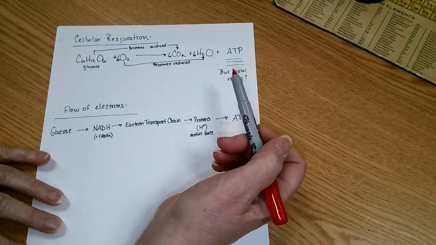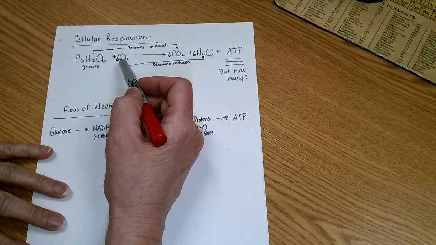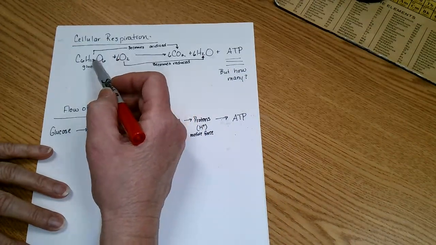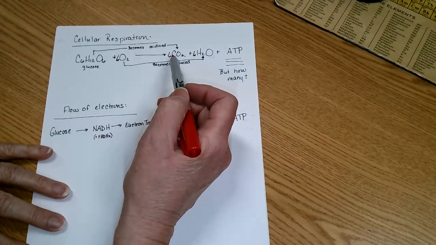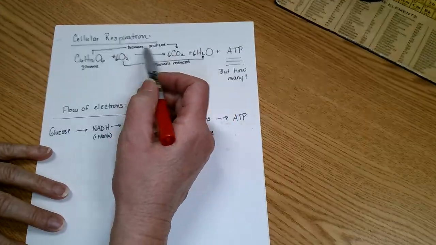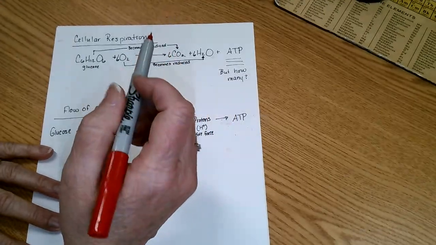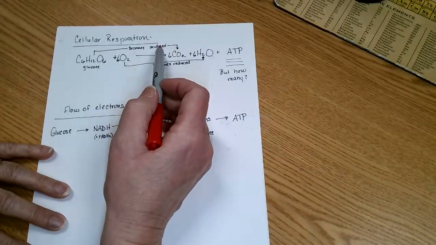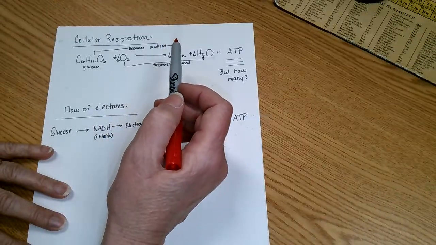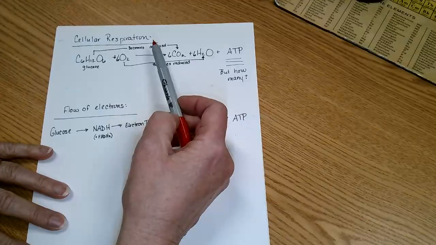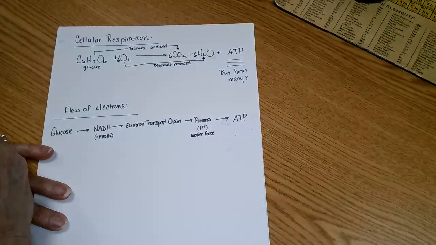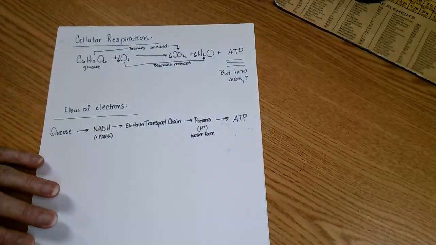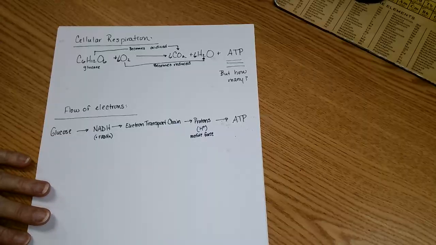Redox. Okay? But what if oxygen wasn't there? Would we still oxidize? I know you want to think oxygen. Do you have to have oxygen to oxidize? No, remember LEO says GER. Oxidize is just losing electrons. Okay? What's going to happen to the glucose? How many ATPs are we going to get if oxygen isn't present? And when would oxygen not be present?